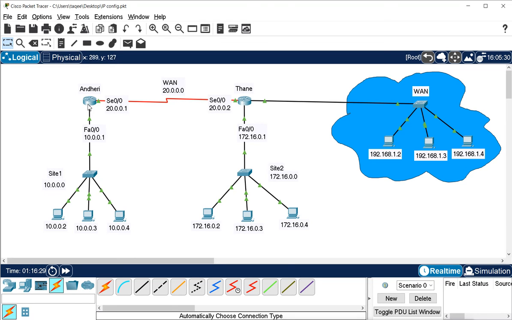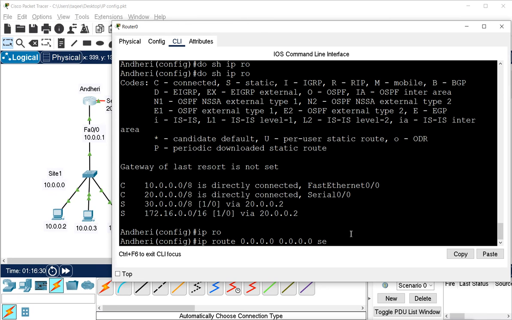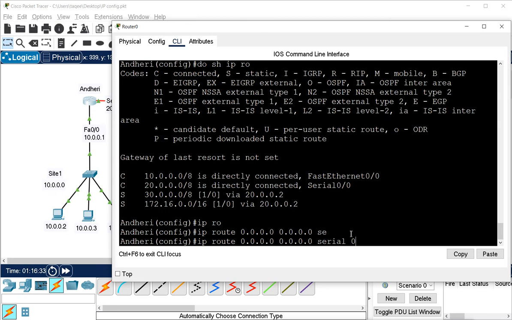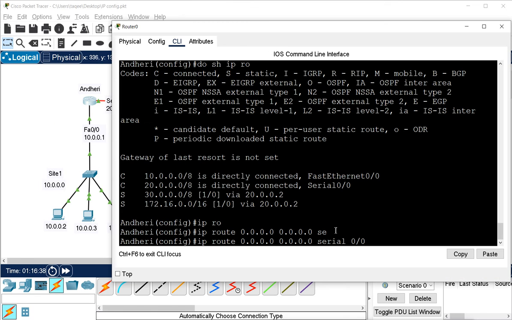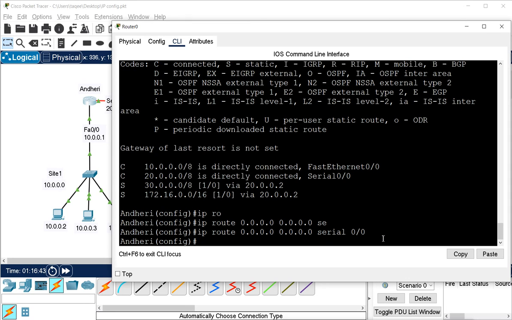Instead of giving the first hop address, I will mention serial 0/0. This is the name of that interface because I don't know the first hop address. Now if you know the first hop address, then we can mention the first hop address, and if you don't know, then we can mention the interface.